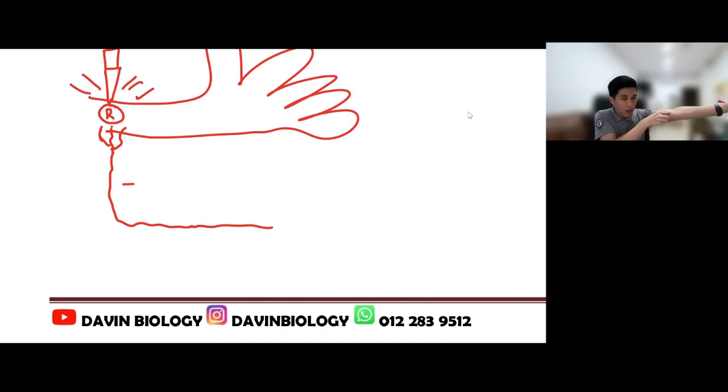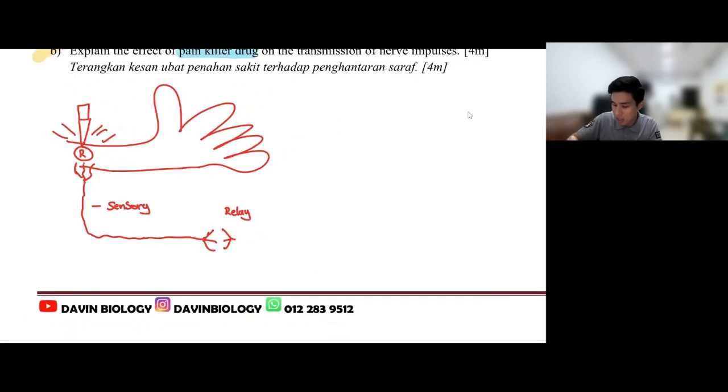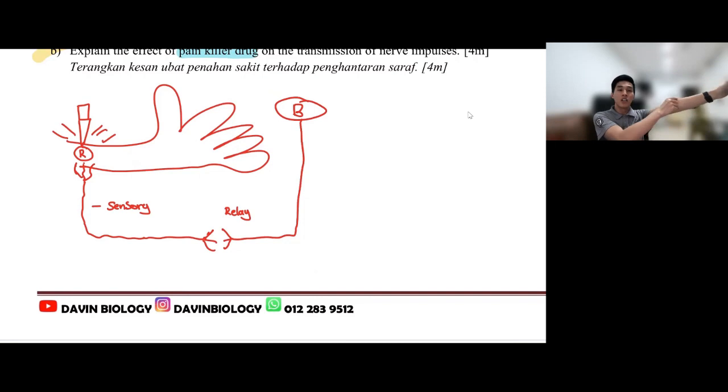Remember how nerve impulse is transmitted from the receptor. Motor neuron is the last one. Sensory is the first one. How you sense one, remember? Yeah, your sensory neuron. Then you will transmit into your spinal cord, where your spinal cord has another neuron here. What's that neuron called? The other neuron is your relay, inside your spinal cord, then you go to your brain. So once the signal reaches your brain, then only you feel pain. So this is something we went through last week, right? Receptor detects already, then sensory sends the signal to relay in your spinal cord, then it goes up to your